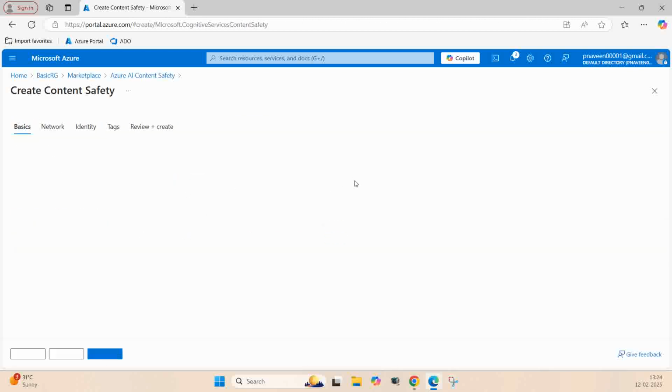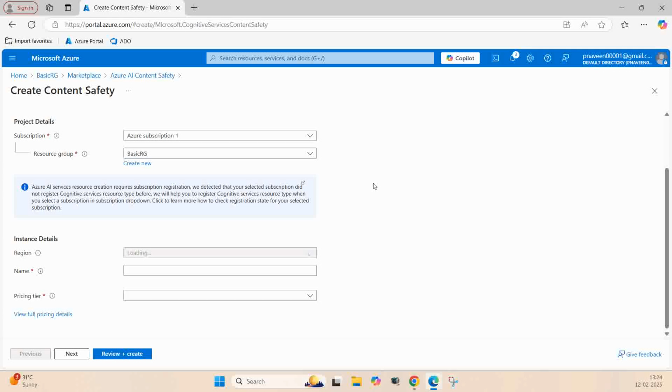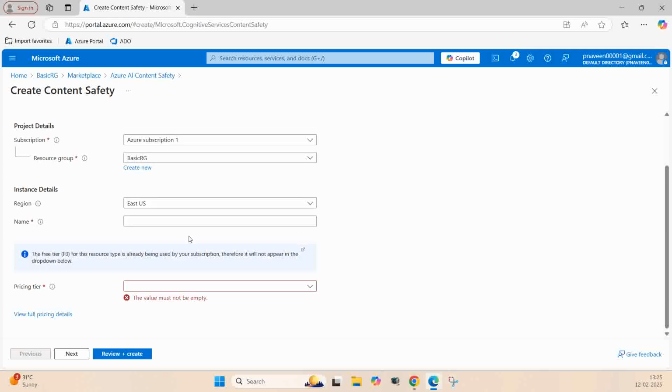Create, choose the resource group and the region and provide some name. I'll choose AZ content safety as its name,